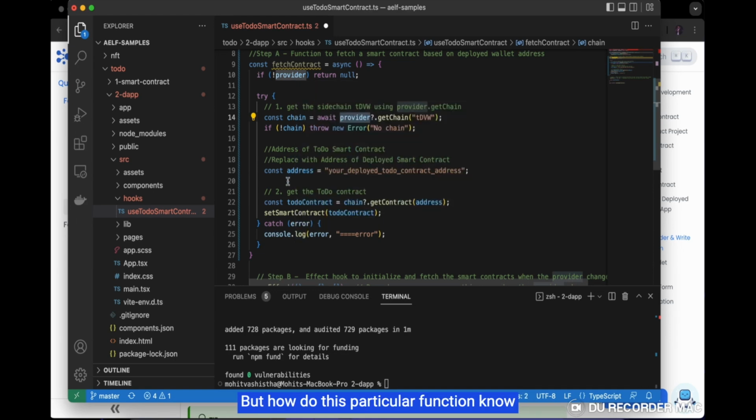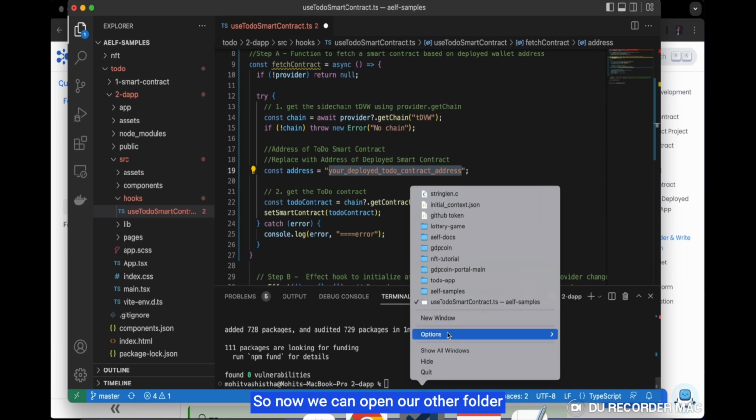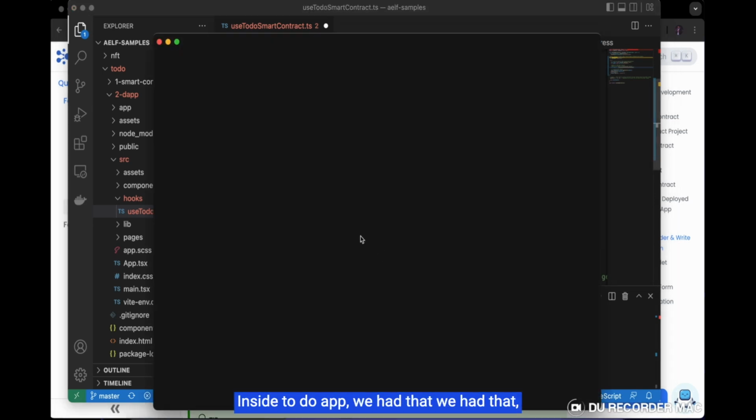But how does this particular function know which smart contract to fetch, right? So we'll have to provide the address of our deployed smart contract, which we already had in our last step, right? So now we can open our other folder, that is our folder called ToDo app. Inside ToDo app,